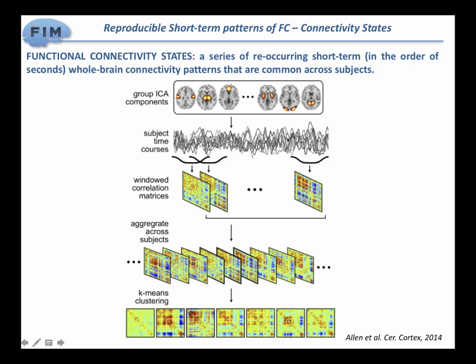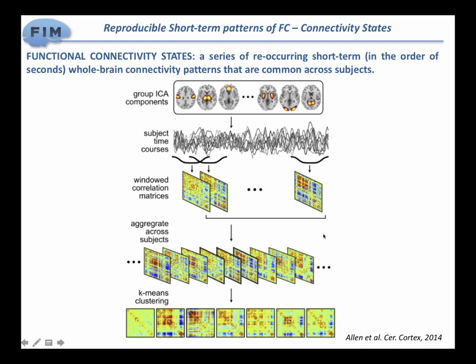Then another thing that has gained a lot of attention is this idea of functional connectivity states. That was another observation made originally by Elena Allen, in which what they saw is that when you look at this matrix of connectivity on a window basis, if you were to take your time series and divide it in 100 windows, you have 100 matrices, you start to realize that yes, this configuration changed a lot from one to another. There seem to be these recurrent short-term whole brain connectivity patterns that are not only present in a given data set, but that are common across subjects. And the term coined for that has been